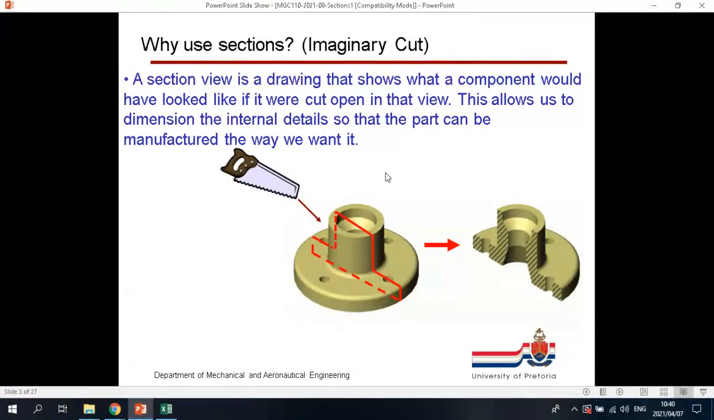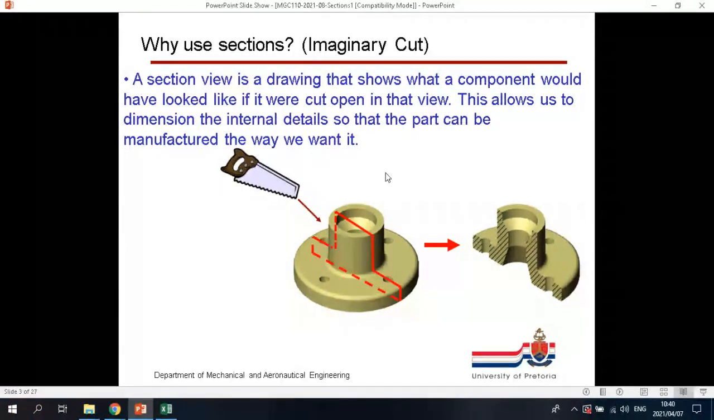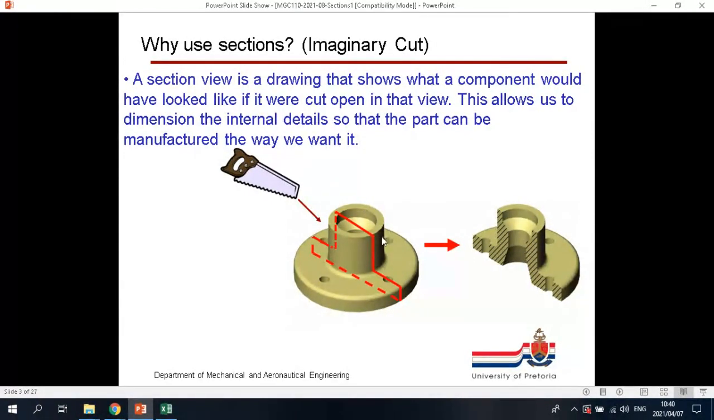Okay, so a section view is a drawing that shows what a component would have looked like if it were cut open in that view. So we have a component, and now we imagine what it would have looked like if we had cut it open. So we cut it with a saw in this case. So we cut through it, and what's handy about this is